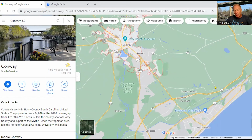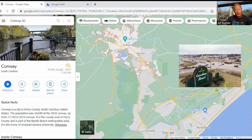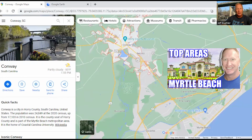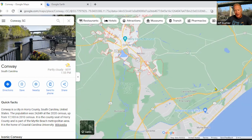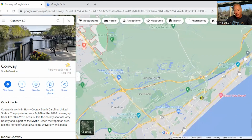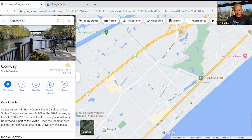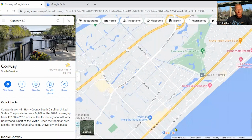And then it's going to bring you to the backside of Carolina Forest Boulevard and River Oaks Drive. If you've ever seen any of my other videos regarding Carolina Forest, you're going to know the great part about this area is then from International Drive, as you cross 31, that's going to bring you to Robert Grissom Parkway. Robert Grissom Parkway then is going to bring you right onto 48th Avenue North, right into the Golden Mile section